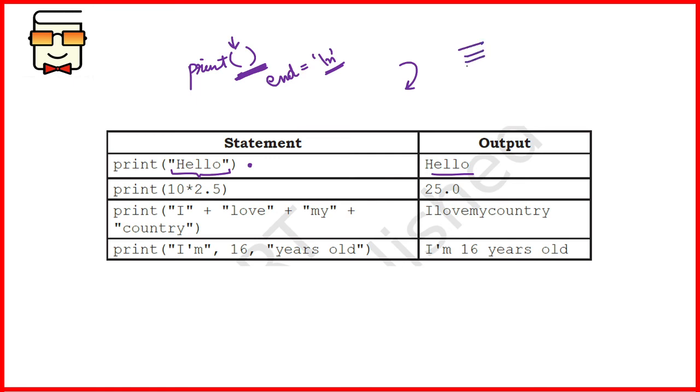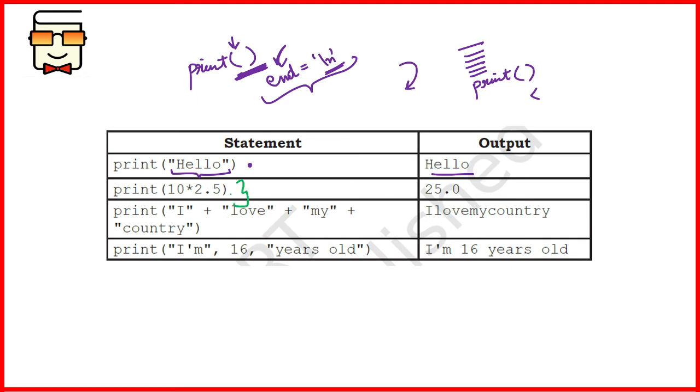So suppose all this was getting printed here on the screen, and here there was a print statement in your program. So this will bring the cursor to the immediate next line. It will execute the end argument of the print statement without printing any value, without printing any separator, because separator works only when there are values, but the end argument will work irrespective of the values, whether they are present or not.